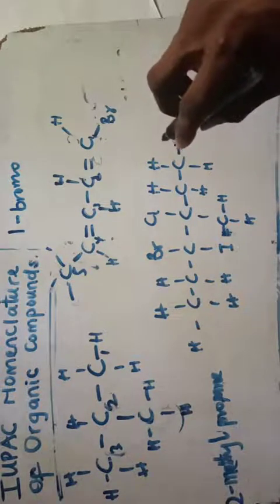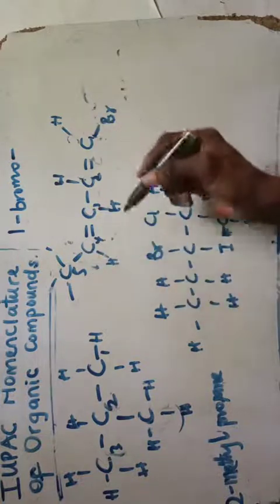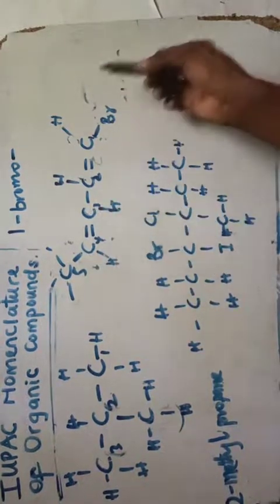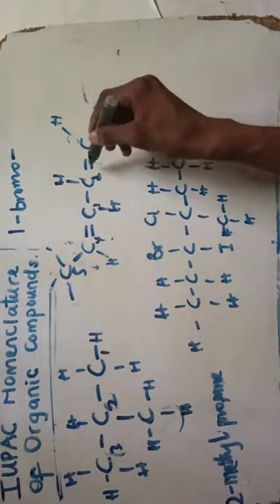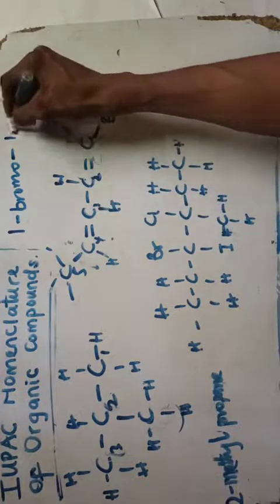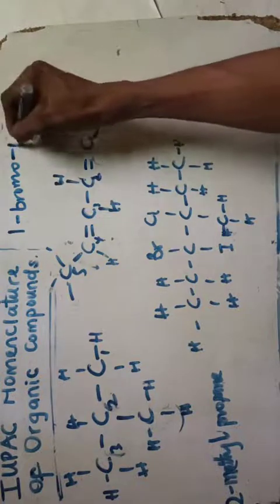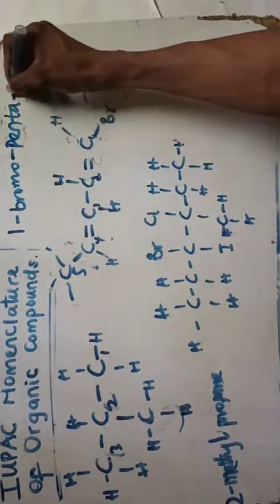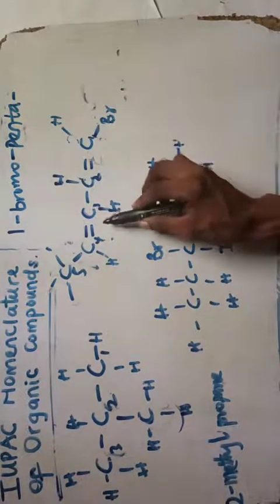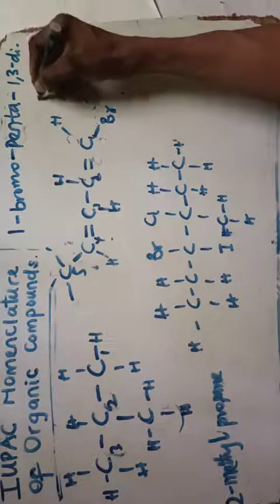Next one I have as well is hyphen. What is the next thing? Oh, I have nothing on there. That is just pentane. That is 1 bromo, 1, 2. So my chain is in what? 1 and 4. 1 bromo, 1, 4 pentadiene, or you can say 1 bromo penta 1, 3 diene. Okay, so that is about that.